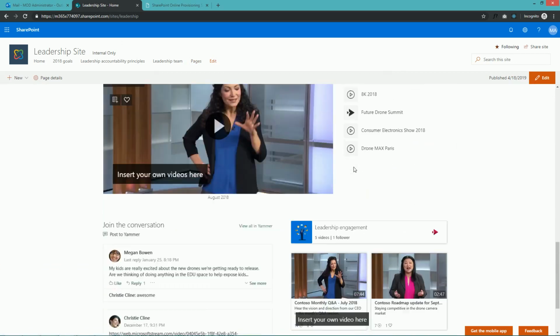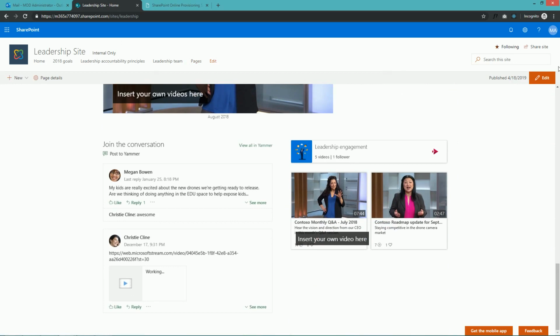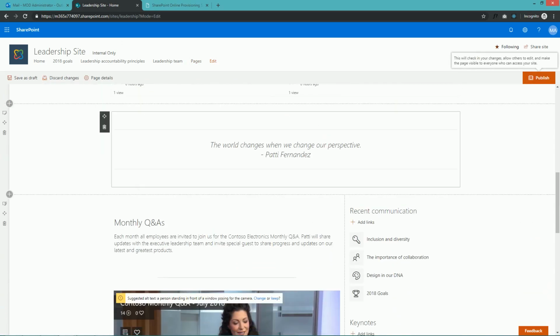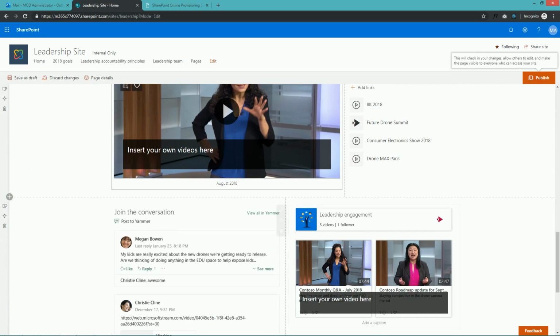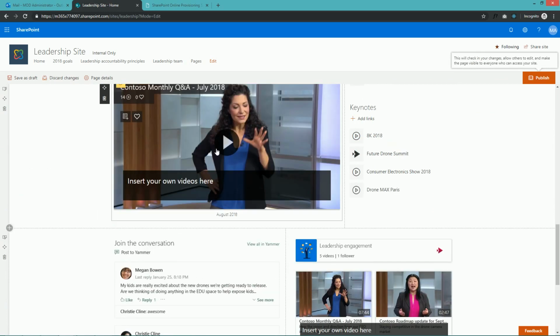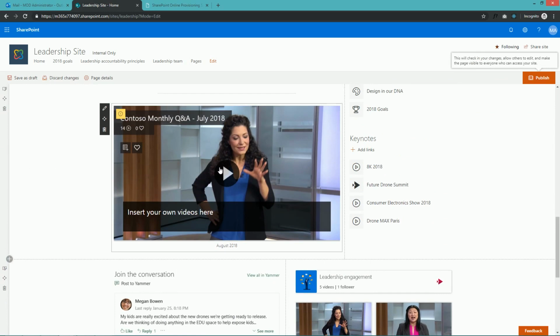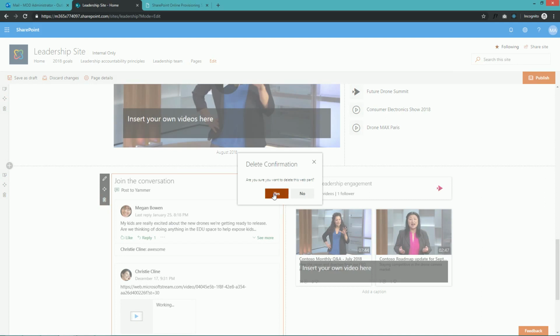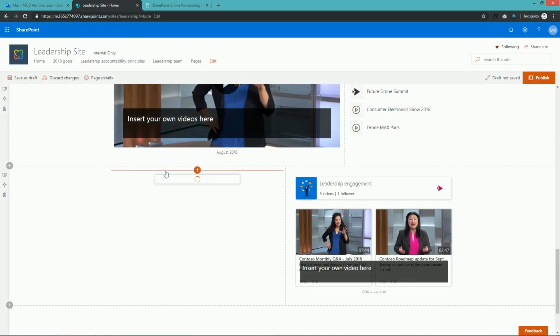And if I switch to the edit mode, you can see that at the bottom these web parts are not the real web parts. They are not actual video and Yammer web parts, but image web parts with screenshots. So a good place to start would be to replace them with a real Yammer feed if you're using it